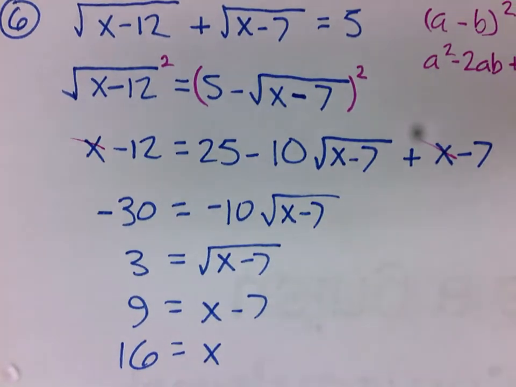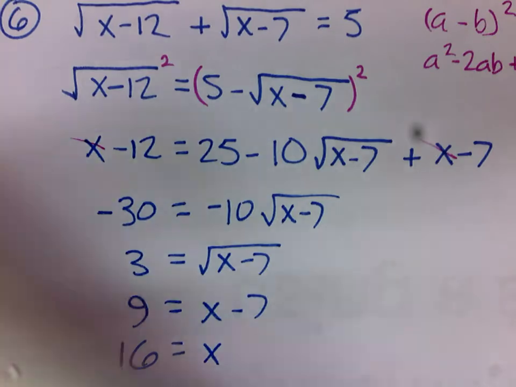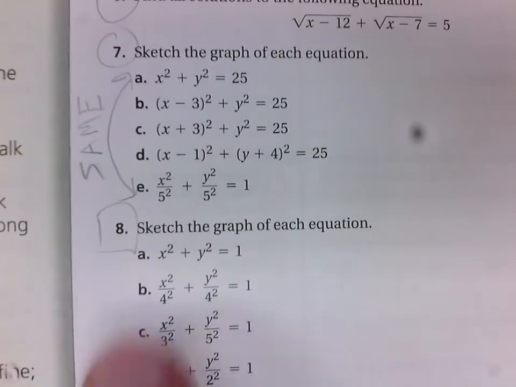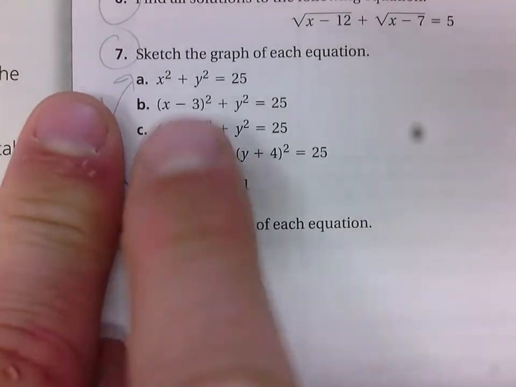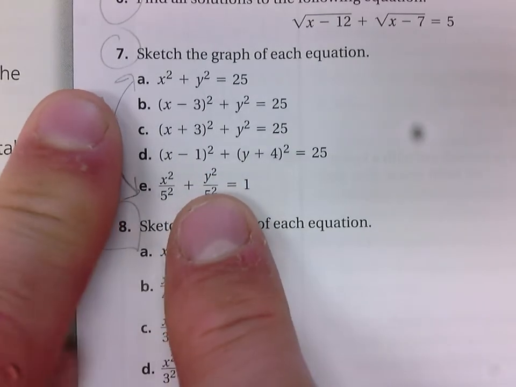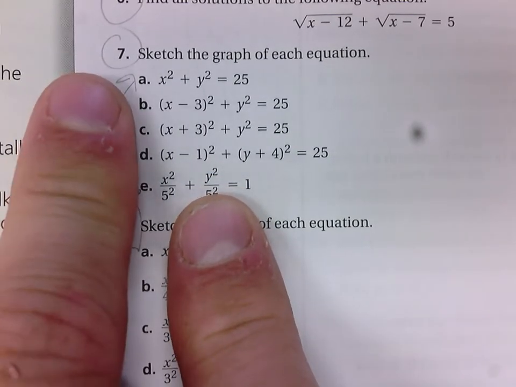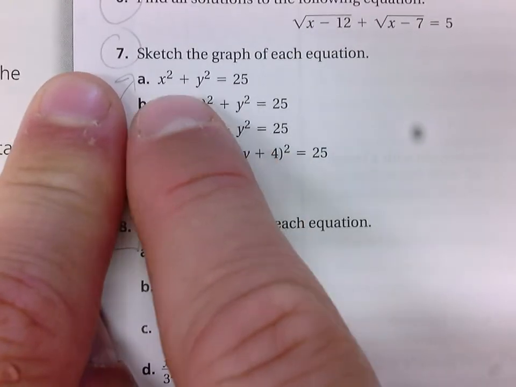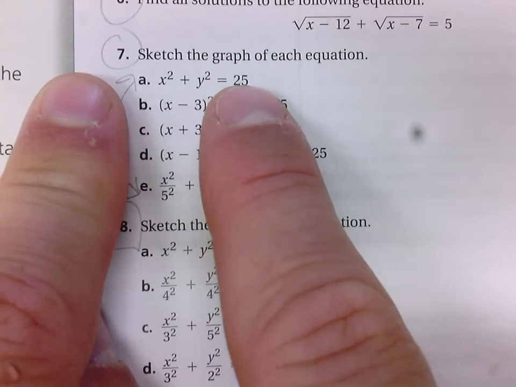The next one I wanted to look at with you is question, well, we can take a look at question 7 for a moment. I'm gonna flip over here to the textbook. I gave something away here, but I want you to notice a few things. These all are really similar, kind of like when we looked at number 4, I believe it was. This is just simply a circle whose center is at the origin with radius 5, so you can easily sketch that